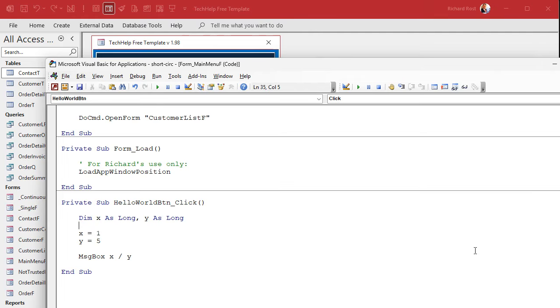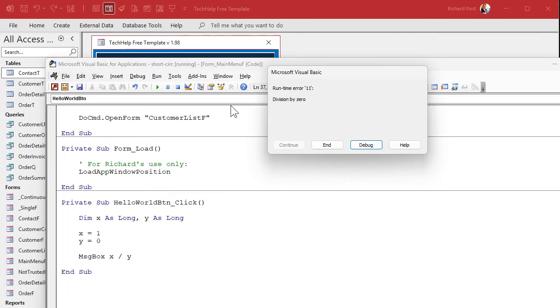Now, what happens if y is, where'd it go? Y is 0. Okay, now if I run it, bam, division by 0. Everybody knows you can't divide by 0. Why? That's what mathematicians say. I've seen whole videos on why you can't divide by 0. We're not going to get into it. Anyways,